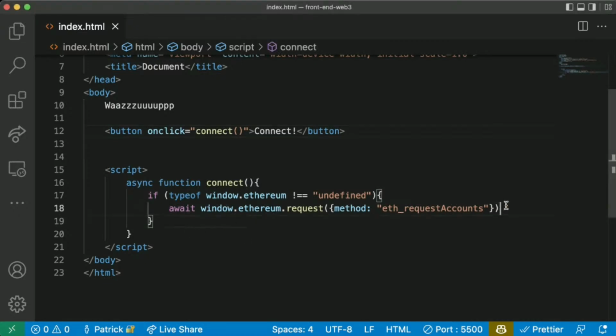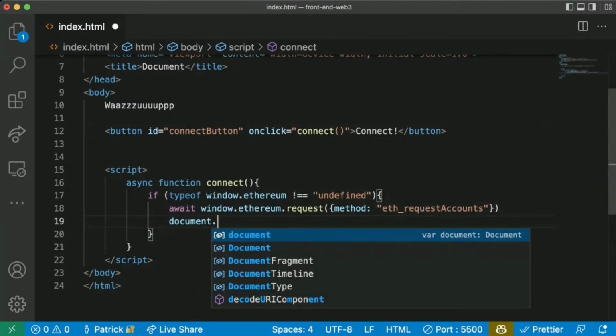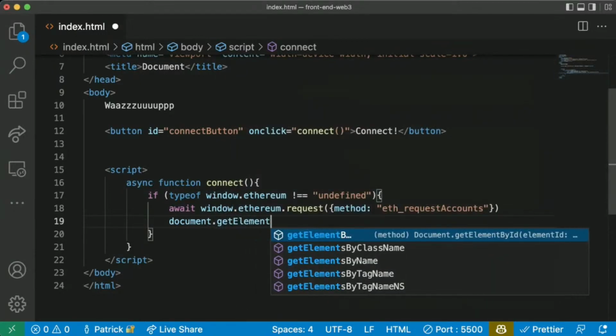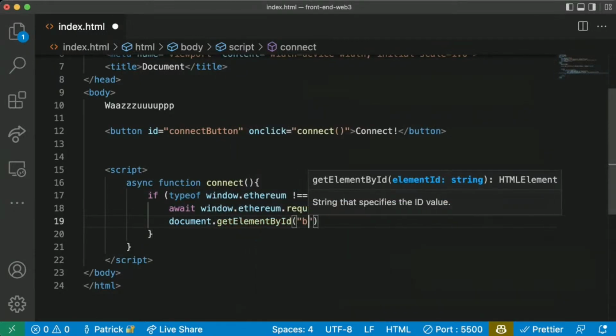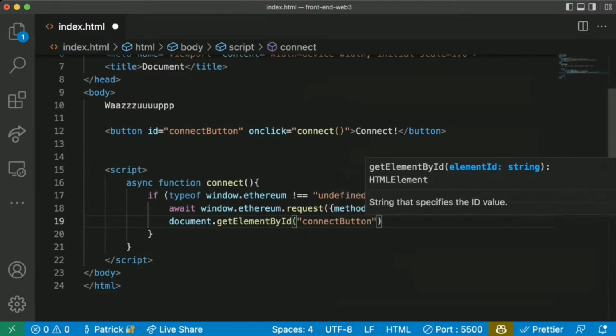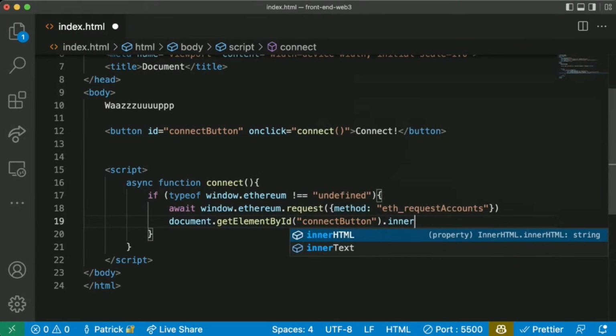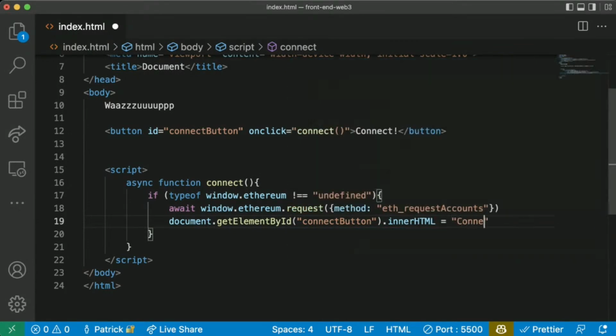And then we can do some stuff like, let's give this an ID equals connect button. Then we can do some stuff like document.getElementById, we'll say connect button.innerHTML equals.